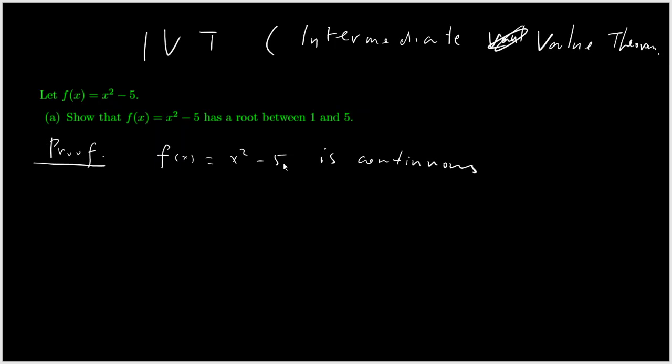The function is continuous at any number on the domain. You see the domain is the set of all the real numbers. It's continuous on the set of all the real numbers. So can we just use the interval notation to indicate the set of all the real numbers? Okay. And then you say something like, in particular,